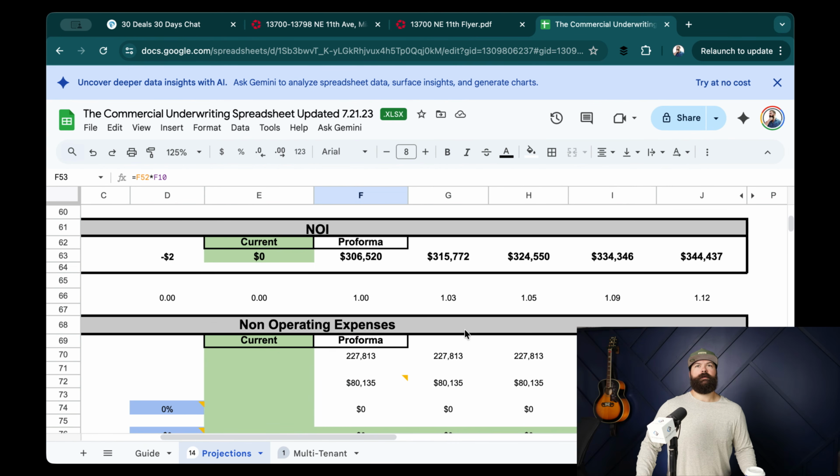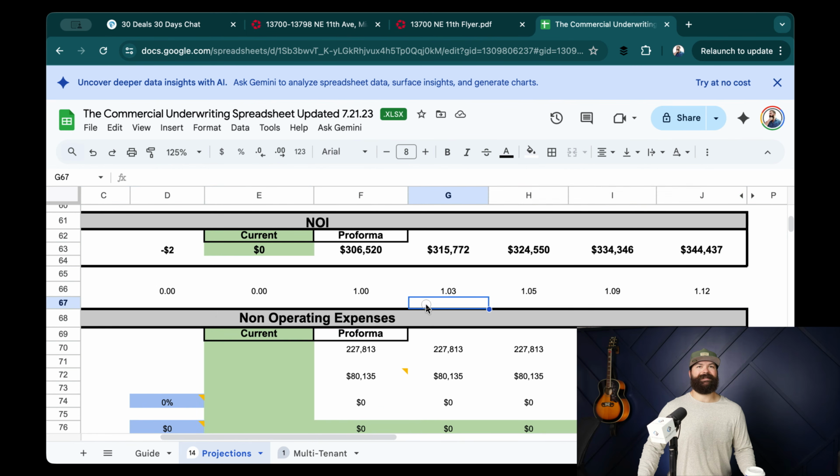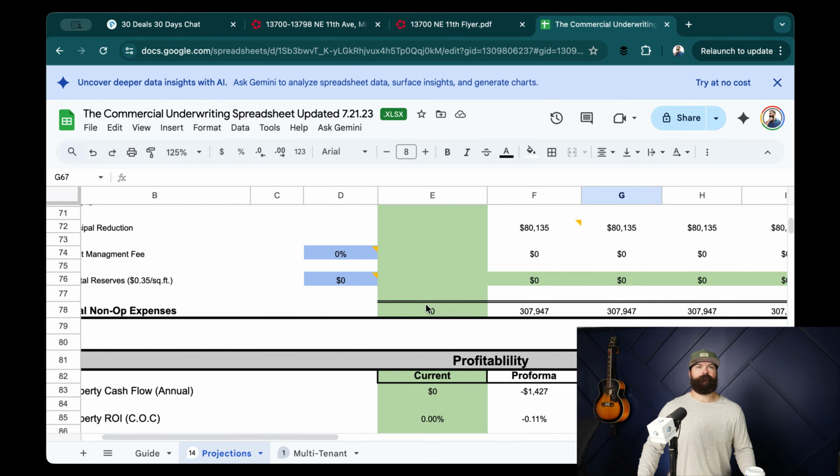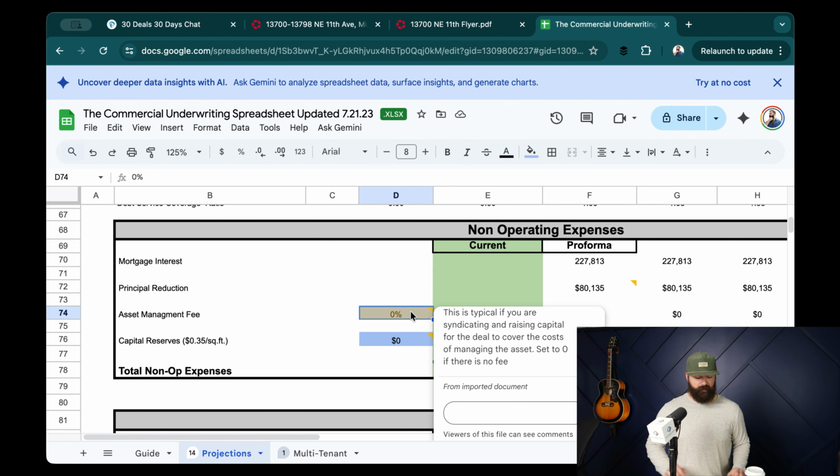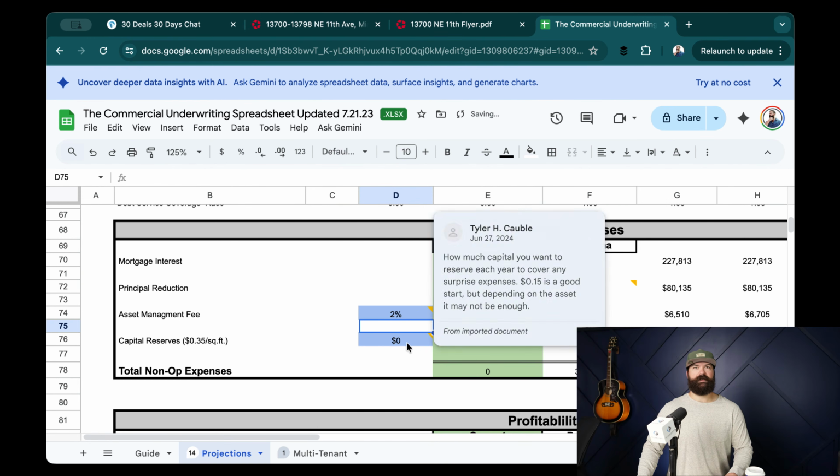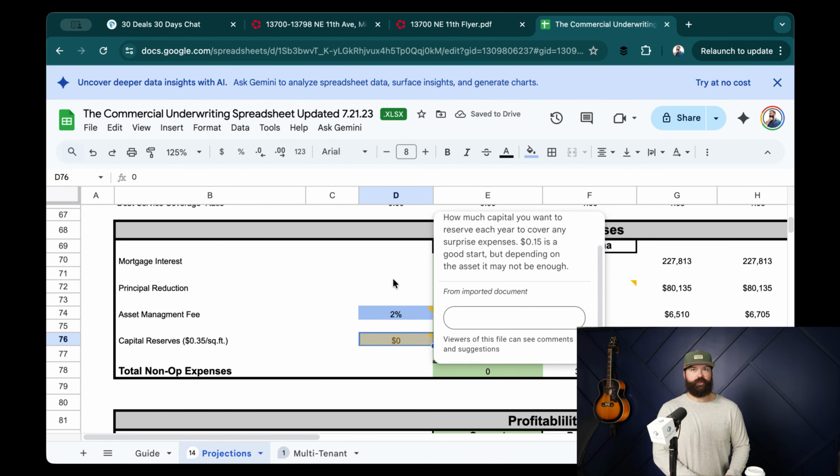All right. And we don't ever hit our debt service coverage ratio. Now, keep in mind, this was bringing zero money to the table, and we're just increasing rents by 3% per year. So it's basically saying, let's just maintain the status quo. All right. So if I come in here and I say, well, I'm raising capital for it, so I need a 2% asset management fee, we should